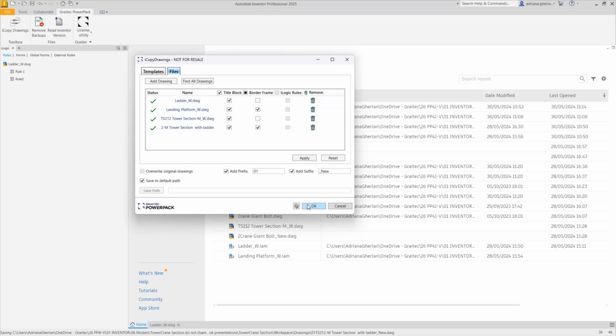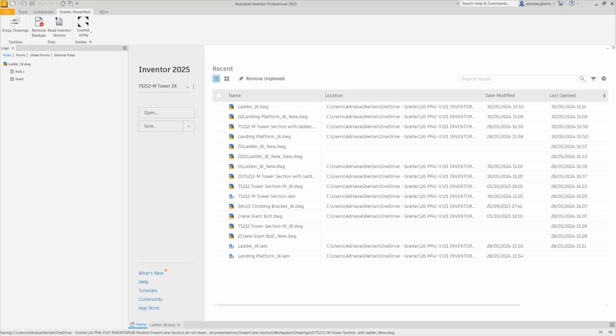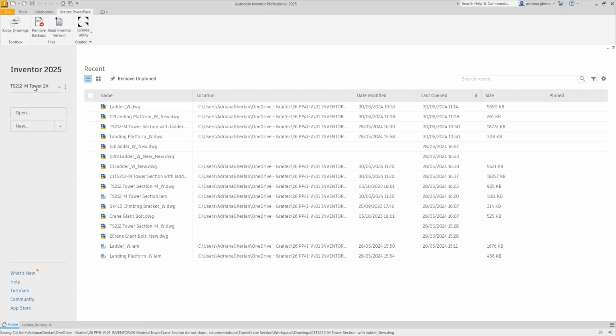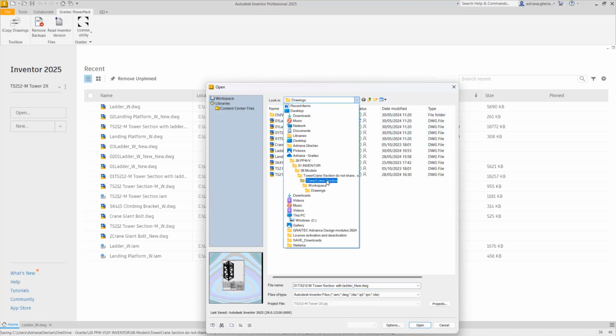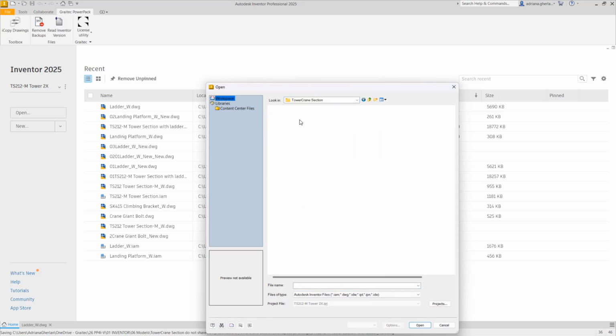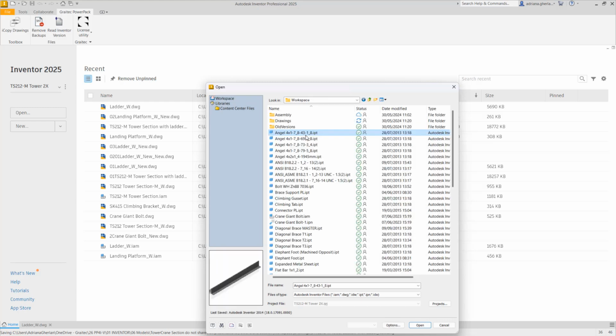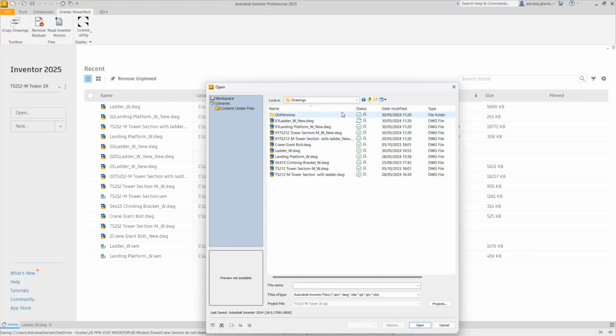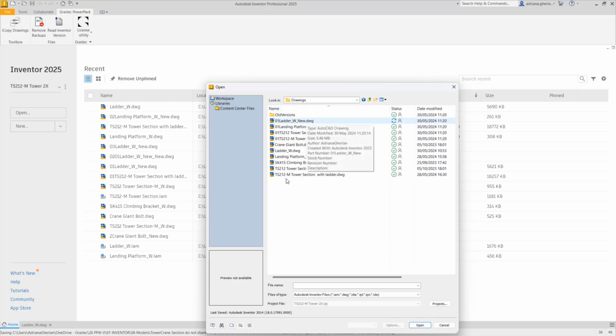Now, if I close this dialog and I go to my folder, open. So you remember I selected the tower crane section. Now I go in the working space, and in drawings here I have new drawings with 01 in front and new at the end. So I see those. I will open the one with the ladder, the new one, and I have the other